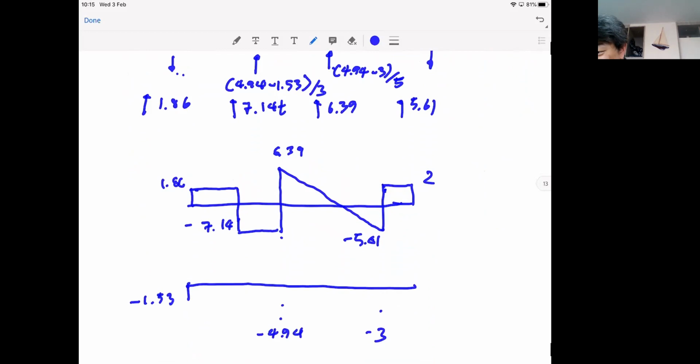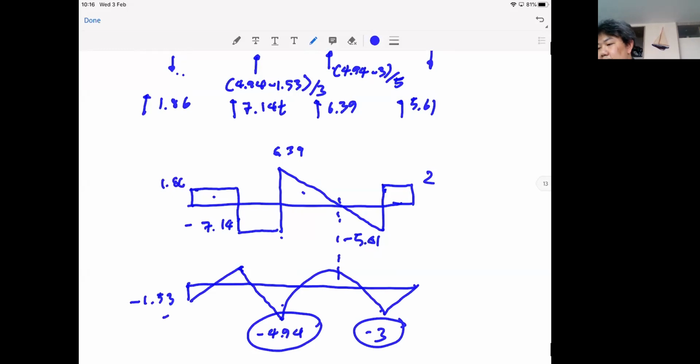See if this will give you the positive value or not. And in this case, it does. So this is how your bending moment diagram is going to look like. And this is large enough to give you positive moment as well. So that's your bending moment diagram. Notice that generally at the support, you will always have the negative moment,